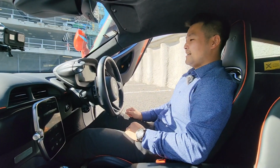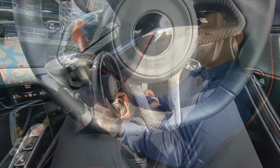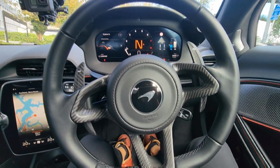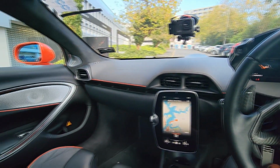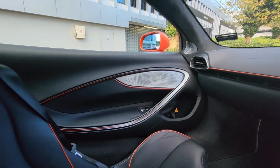The first thing that you're greeted with is this lovely looking steering wheel. I really like the way that you can mold it to your hands. It's a really good design, and it feels really comfy as well. It's not too thick, not too thin, and it looks great because it's got some carbon fiber. It's got the big McLaren logo,